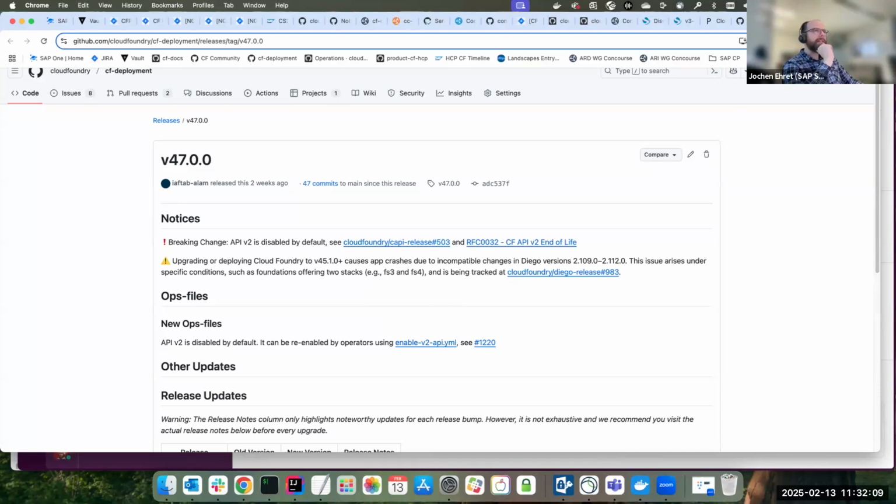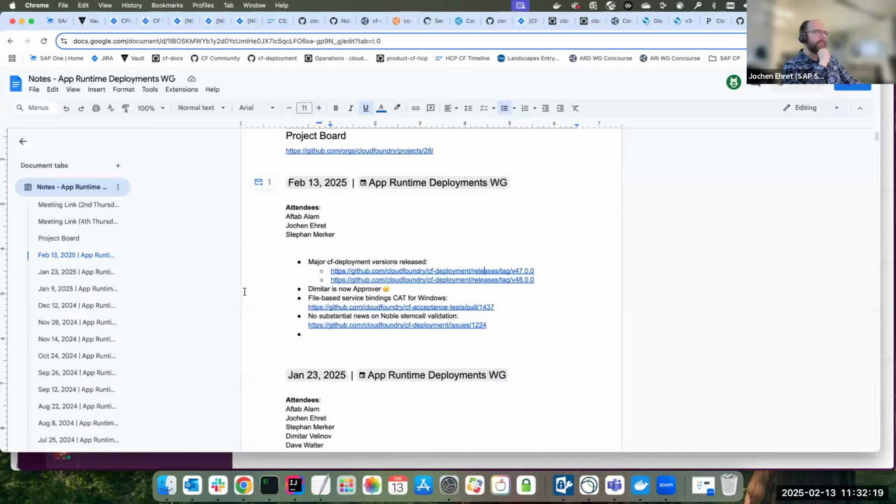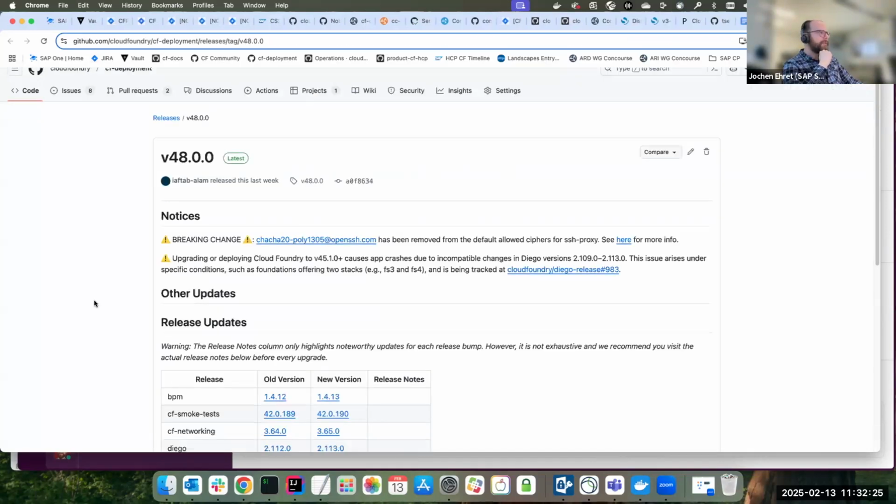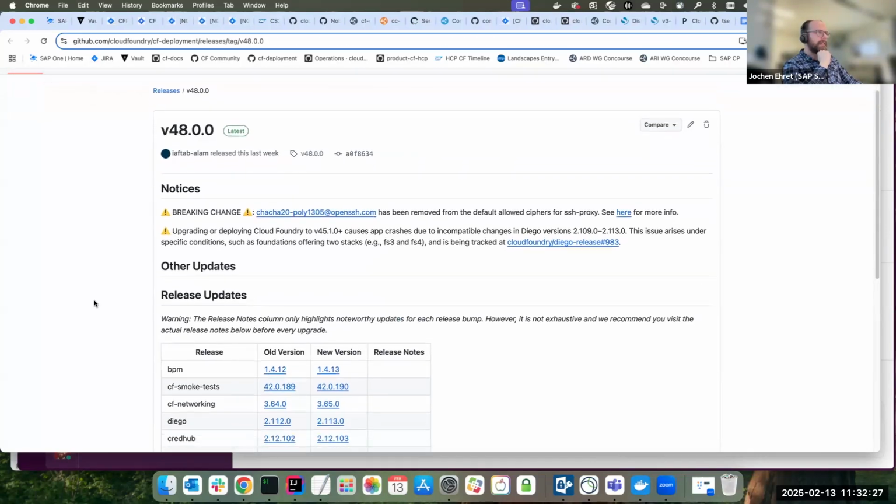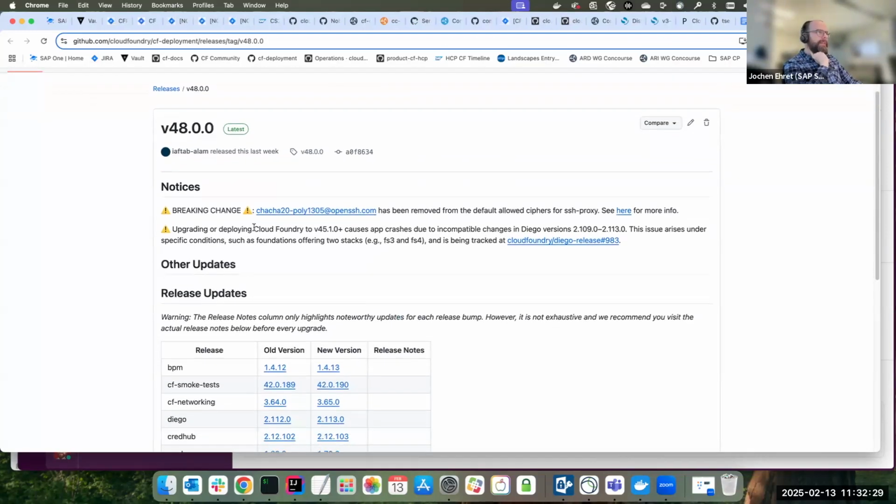So some community members are now notified that this is serious and eventually v2 will be entirely removed. And version 48.